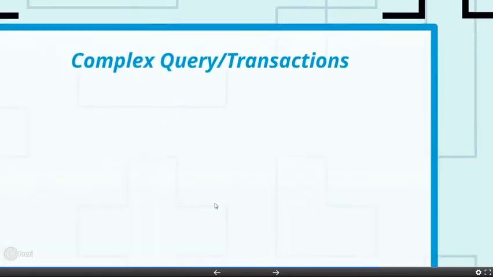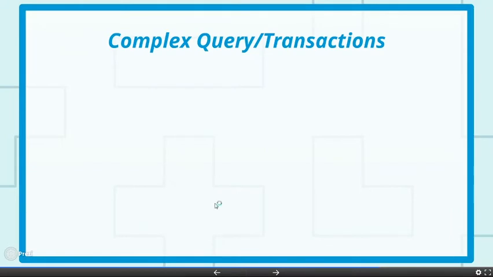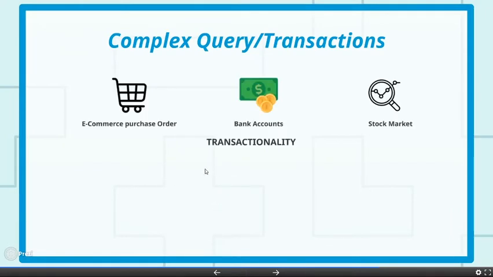Now let's look at the use cases where we do want to use relational databases. As we have already mentioned, relational databases use ACID properties to ensure transactionality while updating or reading the database. This is essentially necessary when you are interacting with highly sensitive data, for example, e-commerce purchase orders, bank account information, or stock market data. All these areas have tight transactionality requirements, and that is why we are still using relational